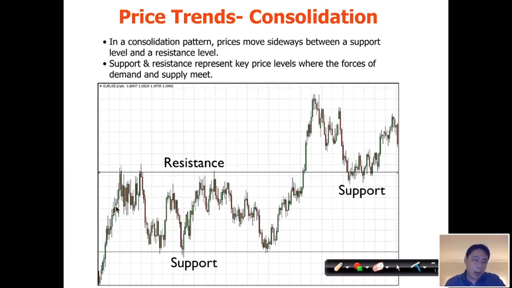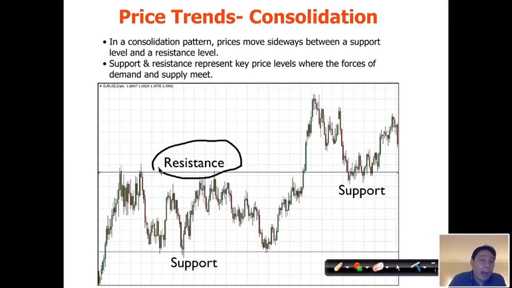You can see prices want to go up, and when they hit a level, boom, they come down. Once it goes up, hits a level, comes down, again and again. So what does it tell you? It tells you that at this level there is an imbalance of supply and demand. There are more sellers than buyers, and sellers are waiting at that level. The moment prices go up to that level, sellers rush in to sell, supply exceeds demand, and boom, price comes down. We call that a resistance zone, where price finds it hard to go above that level because sellers are waiting there. Psychologically, people sell when it reaches that level.